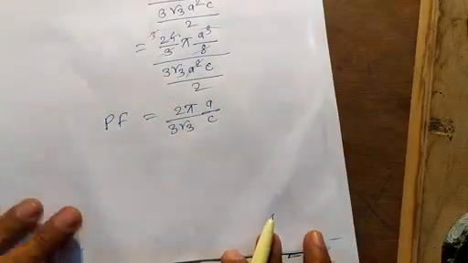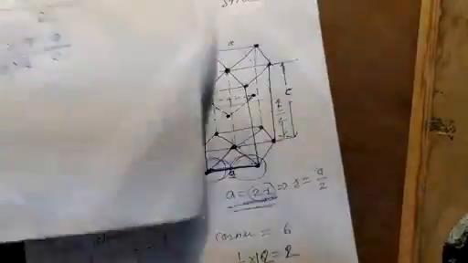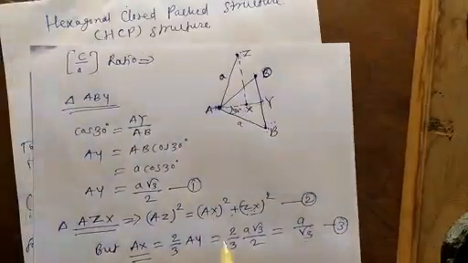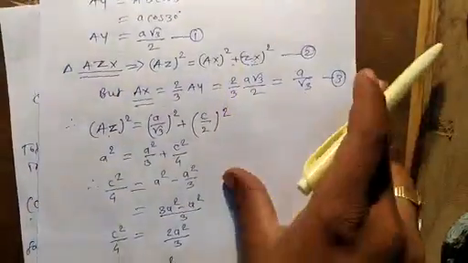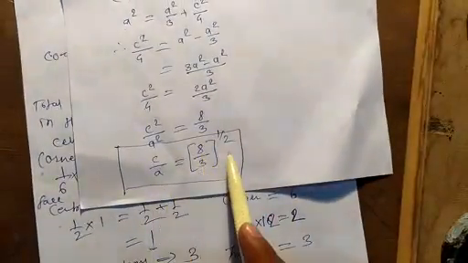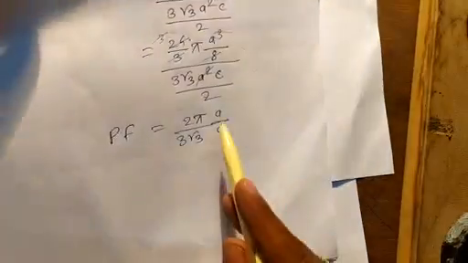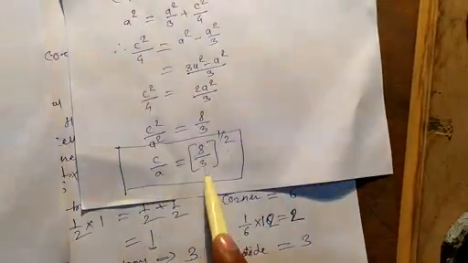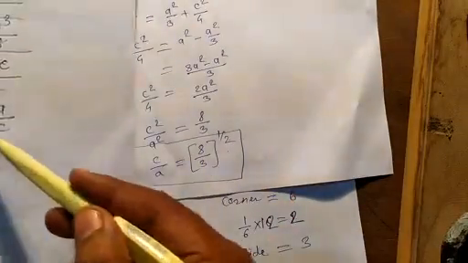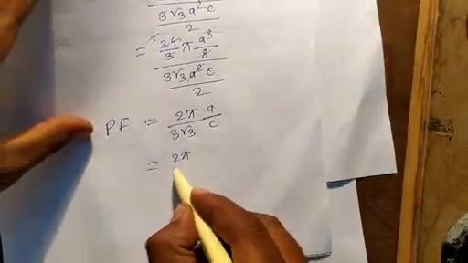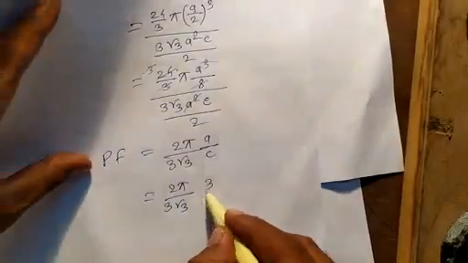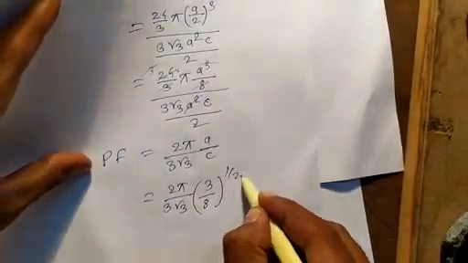Okay, now we have calculated the c by a ratio. We have calculated the c by a ratio, and the value of this ratio we have found. We got c by a equal to 8/3 raised to power half, and in this equation we have a by c, which is the inverse of this. Now use this equation. In this equation, what we get? Therefore, twice pi upon 3√3 a by c, that is 8/3, so 3/8, raised to the power half.